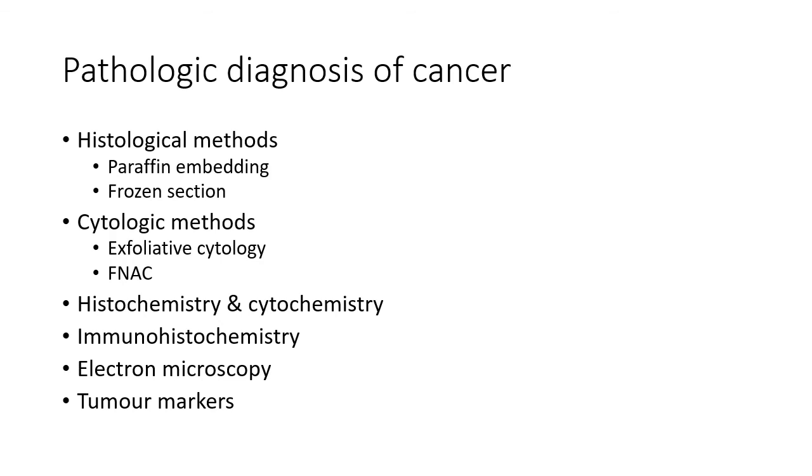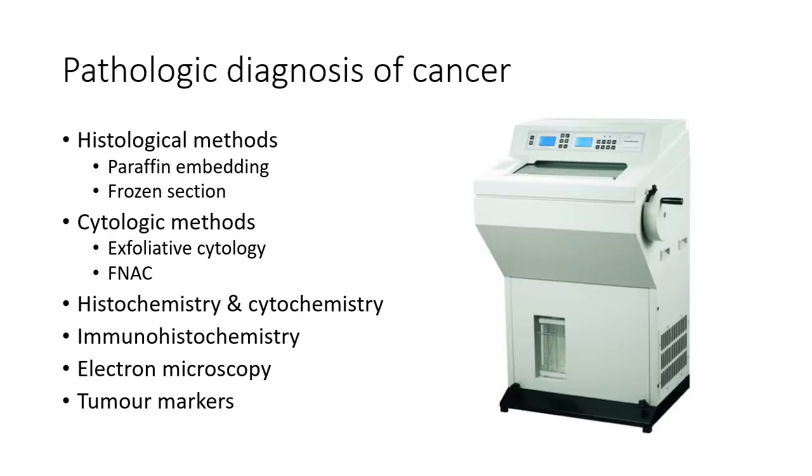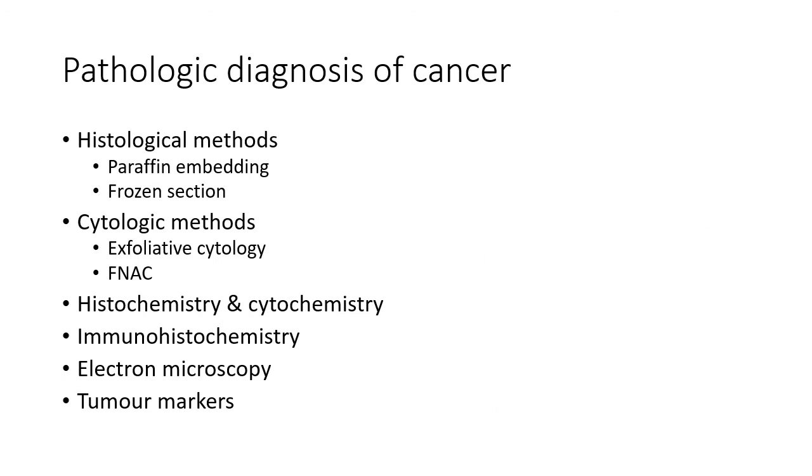Another histologic method is frozen section. Here unfixed tissue is used, and this procedure has the advantage of being able to be carried out during the surgery. That is, as the patient is undergoing surgery, side by side this study can be done. A machine called a cryostat is used to freeze the tissue to about minus 25 degrees Celsius, and it is then sectioned.